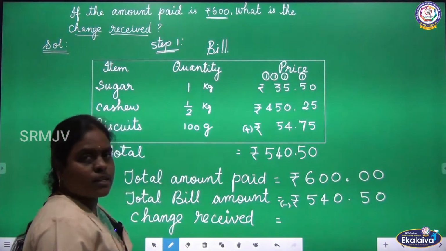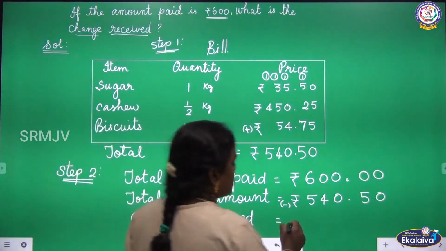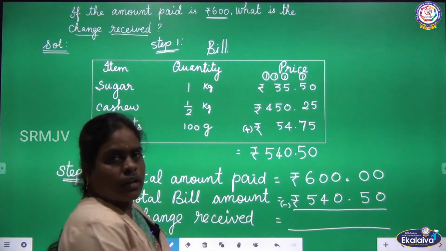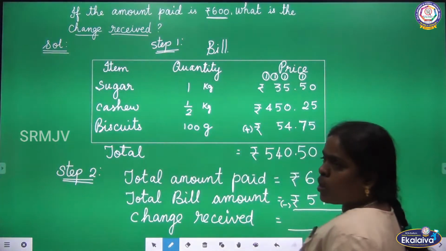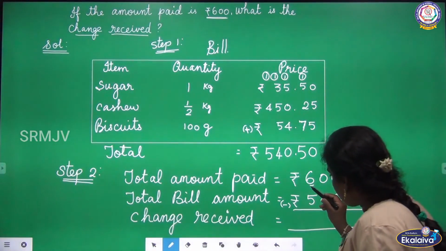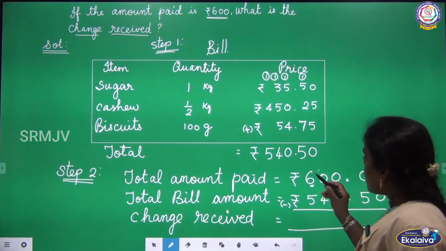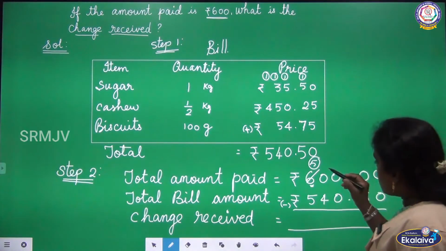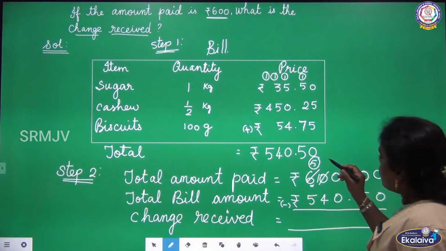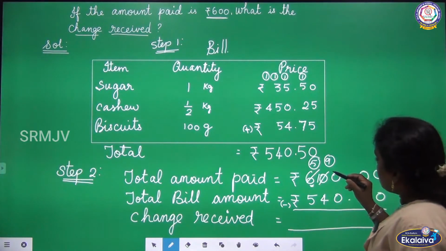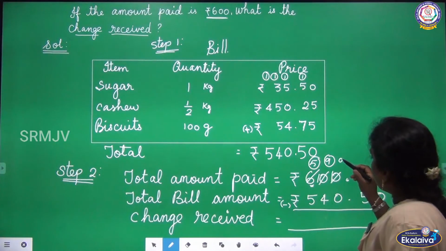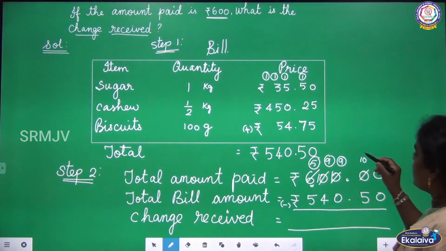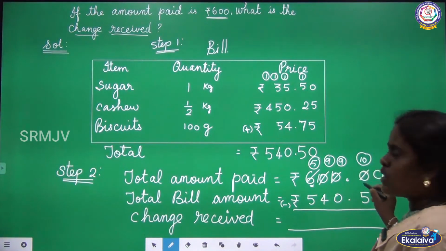So we are going to subtract these amounts to find out the change which he received. So let us subtract the numbers. Listen children, here we have 0 in all the places except the last. So we are going to borrow from 6 and 6 becomes 5. Okay, the 0 becomes 10 and if you borrow, it becomes 9. It is again the same process. 10 becomes 9 and the 0 becomes 10, and here we have only 0, so we need not continue further.